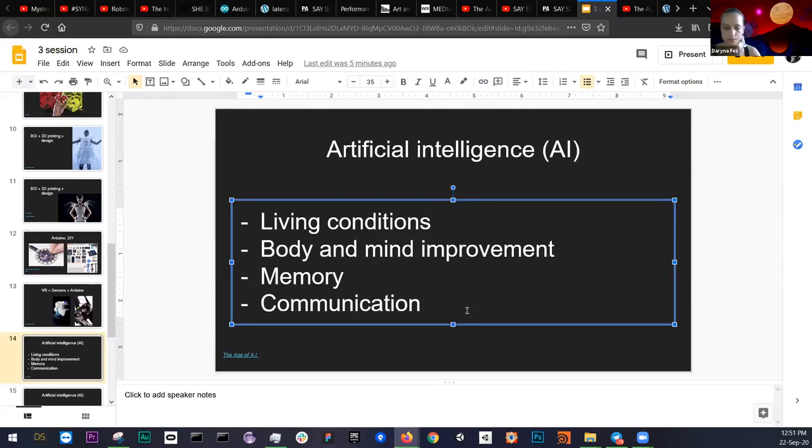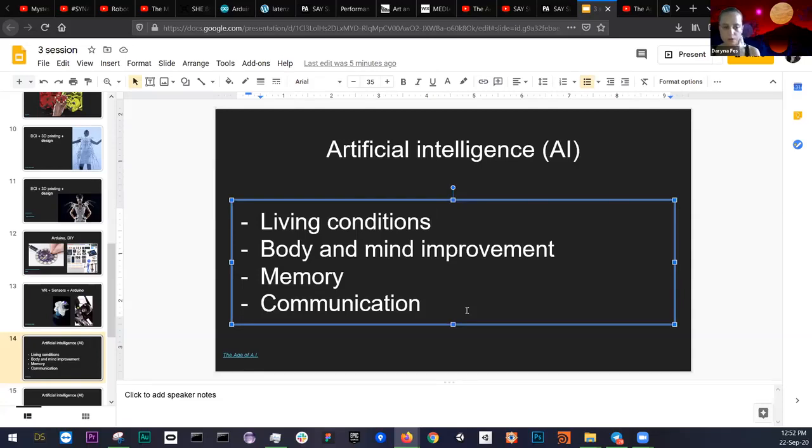It will change how we move, how we use our cars, or how we use even our furniture or some devices at home. It will also make improvements to our body and mind. I mean, of course, for example,